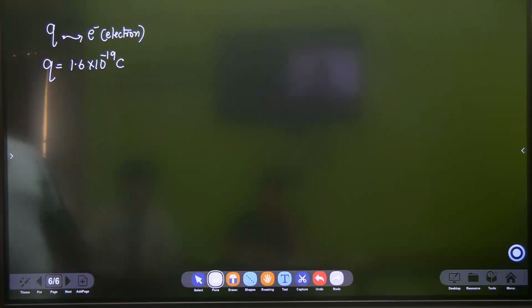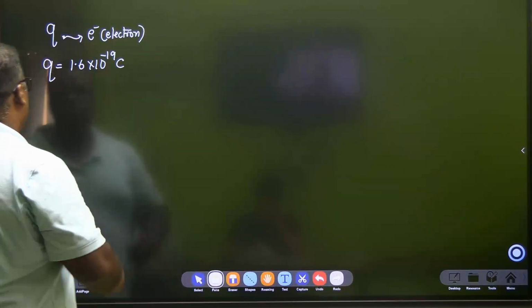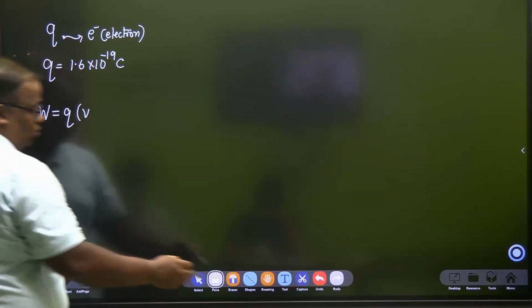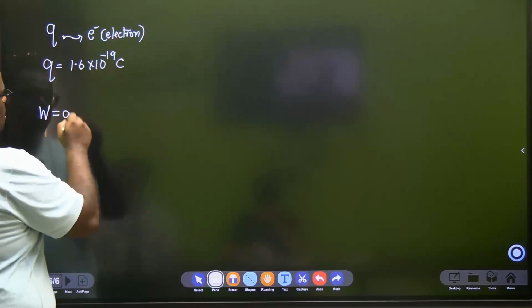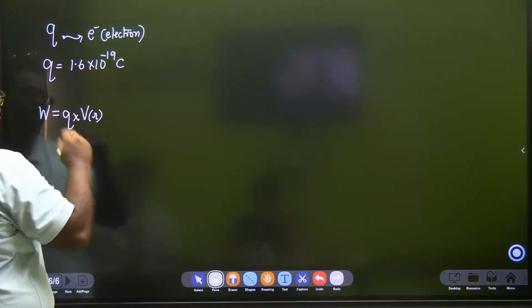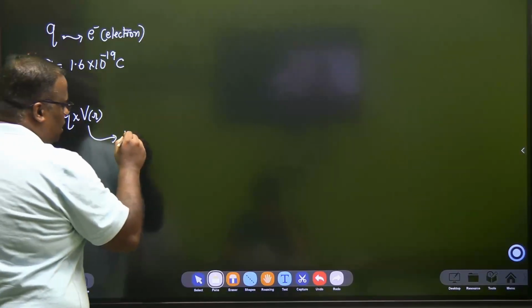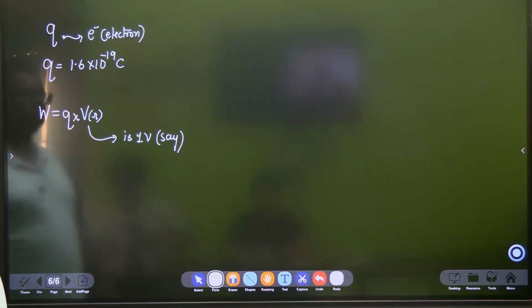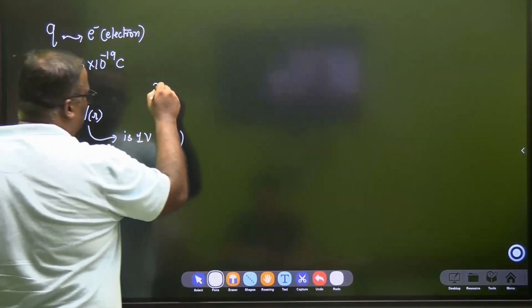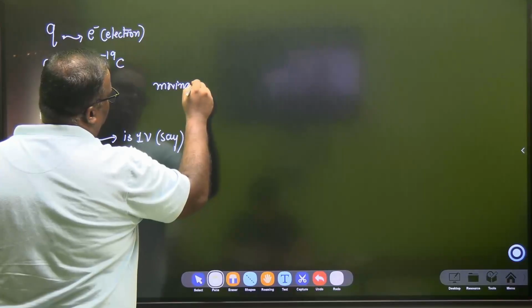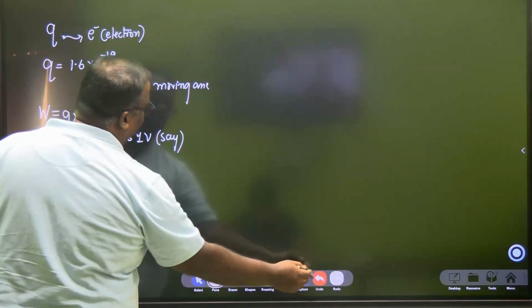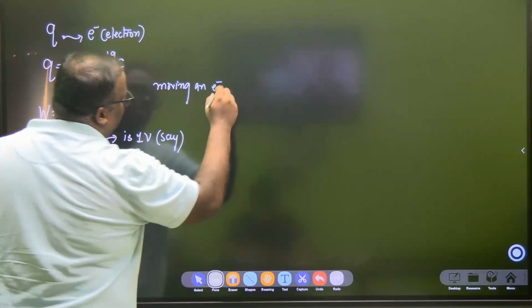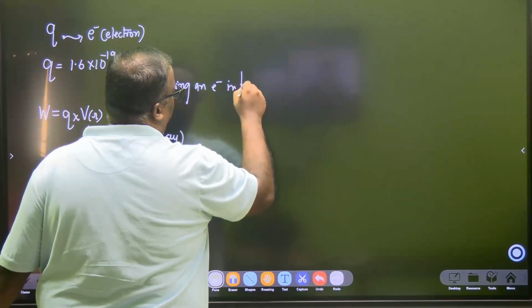Now if an electron is moved across, you just wrote that the work done is equal to Q times the potential at a region r. Now say if this potential is 1 volt, and you are moving an electron in presence